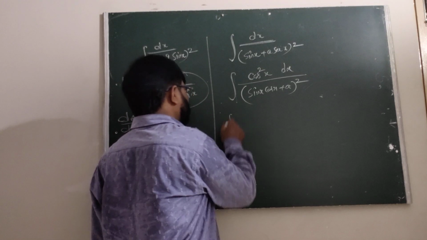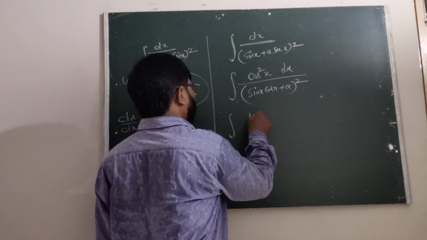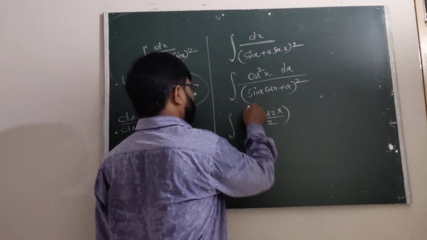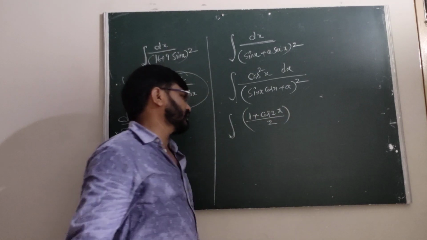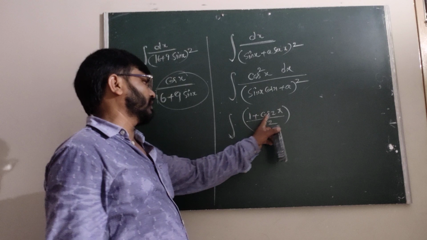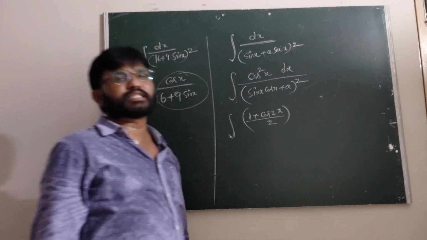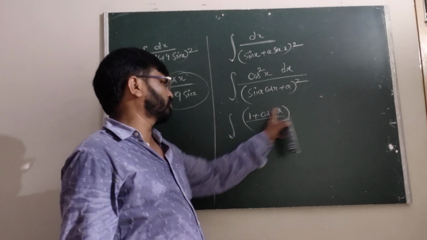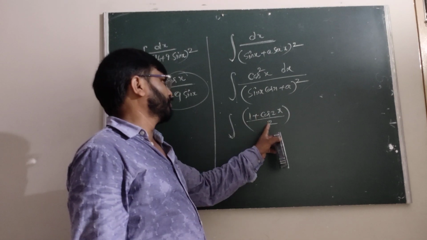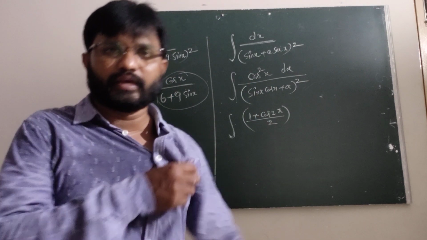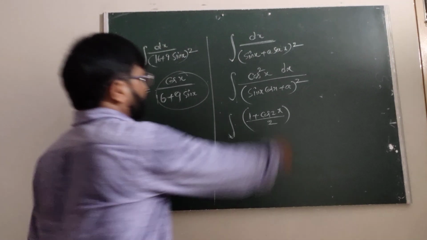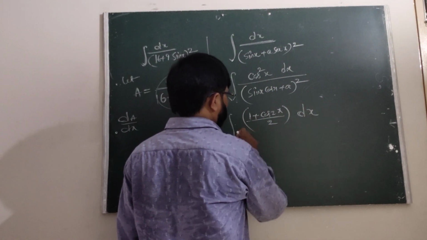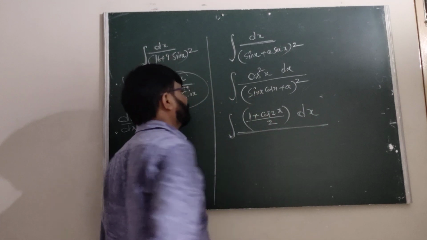We know that cos square x is 1 plus cos 2x by 2. Is it clear? Cos 2x is 2 cos square x minus 1. Minus 1 plus 1 cancel, 2 cancel, we are getting cos square x. Therefore cos square x is 1 plus cos 2x by 2, into dx upon